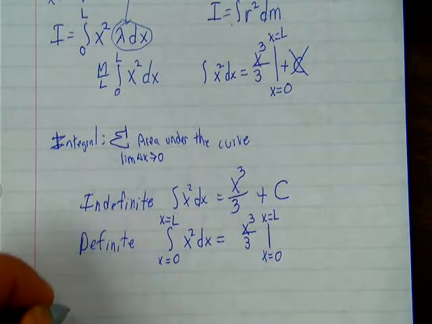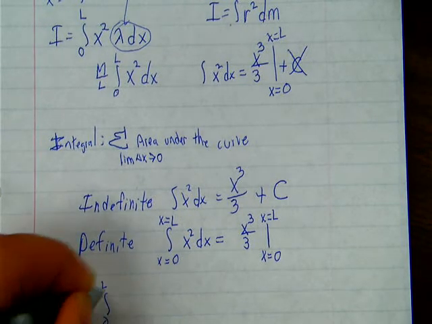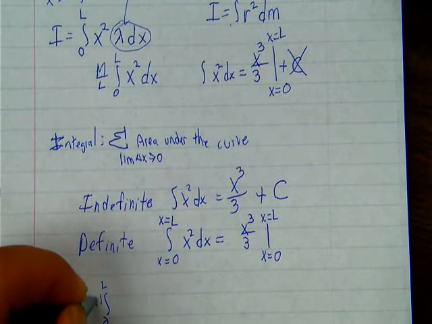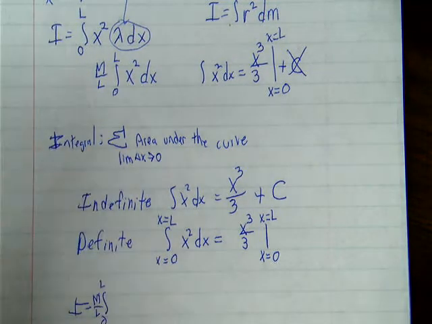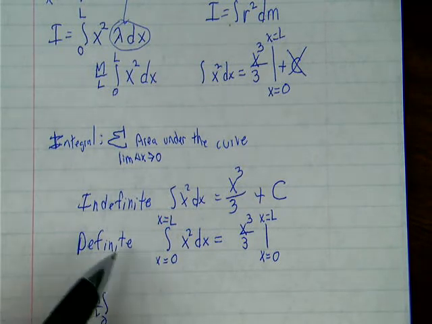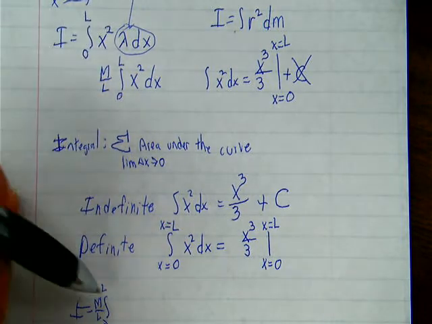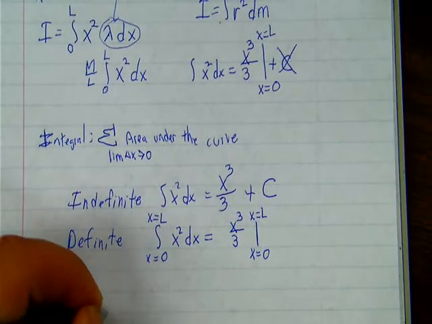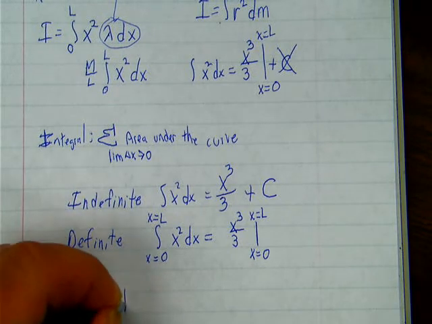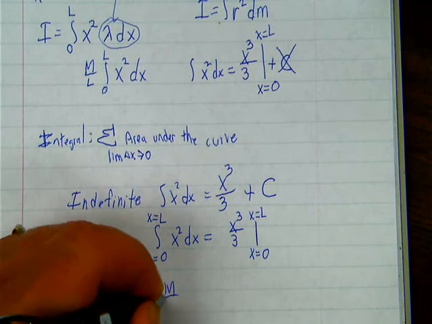So the integral from 0 to L of m over L in front of things, because constants don't affect what goes on under the integral. A constant like the linear mass density can be pulled in front of the integral sign. And here we're saying it's x squared dx. So it's going to be m divided by L